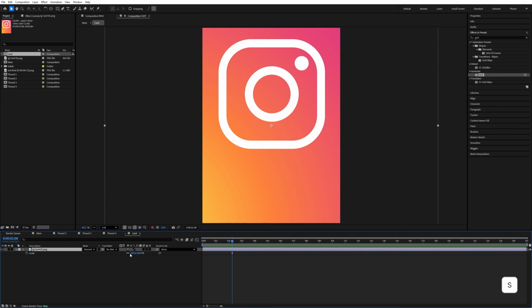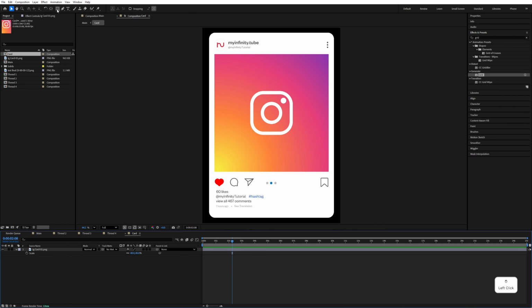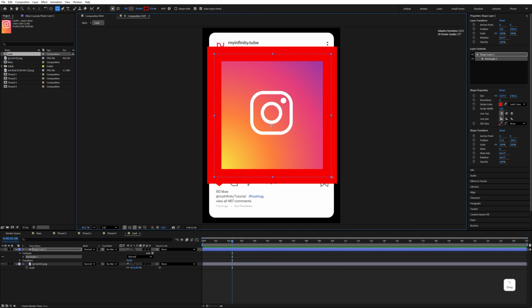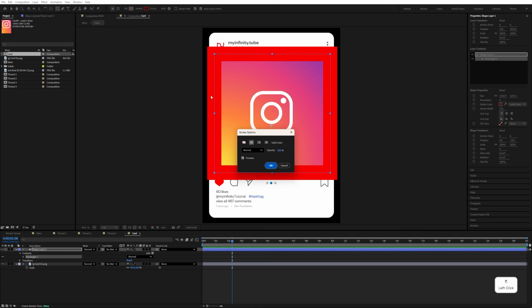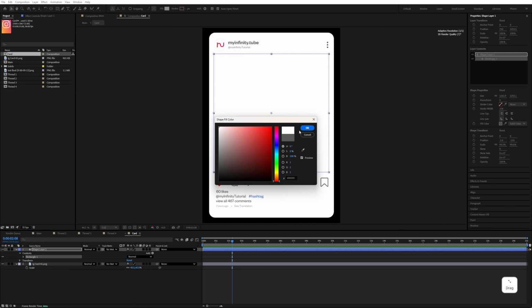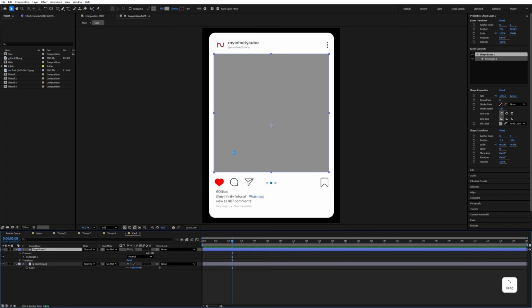After that, press S and decrease the card size and let's make it 40%, and select the rectangle tool and make a shape around this Instagram post. So disable the stroke value and hit OK and adjust the size as per the Instagram post size, something like this. Alright, so I will change the color to any color, so I will make it a little gray and hit OK. After that, drag and drop any footage